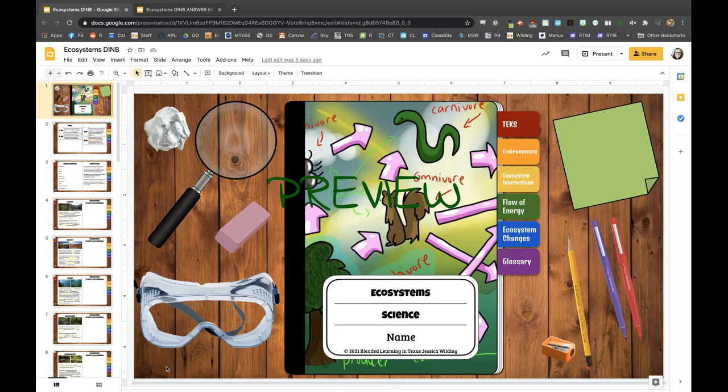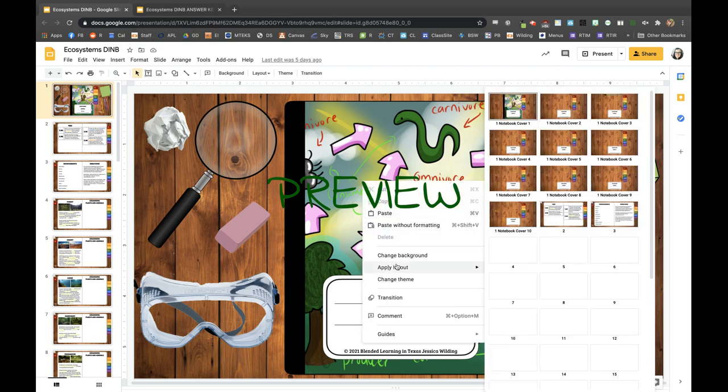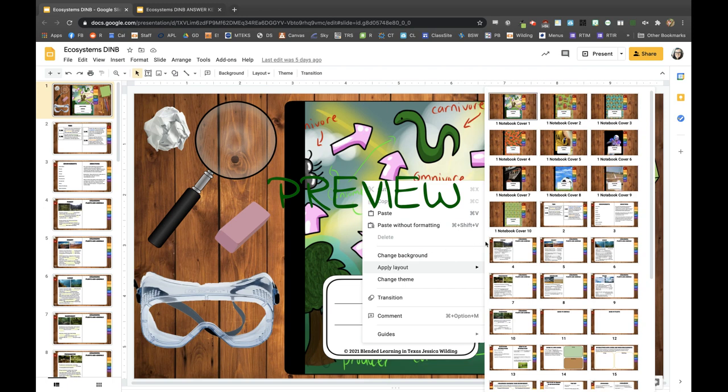Hey guys, this is a preview of my Ecosystems digital interactive notebook for fifth grade. This notebook has both a student and an answer key version, and you can change the cover by going to Apply Layout, and you can see a few different cover options, including this one that is specific to this